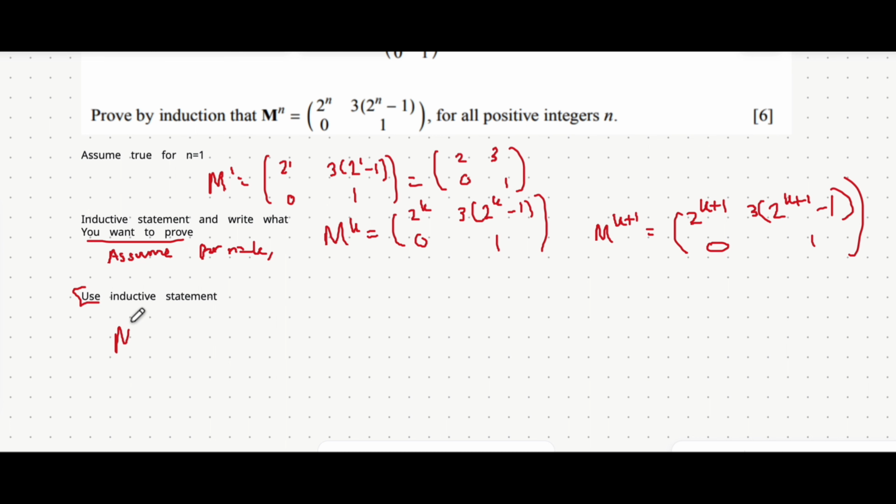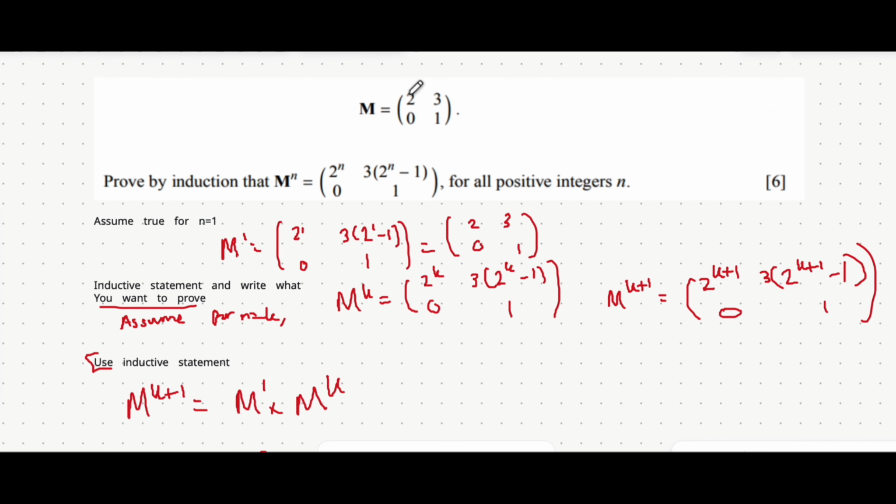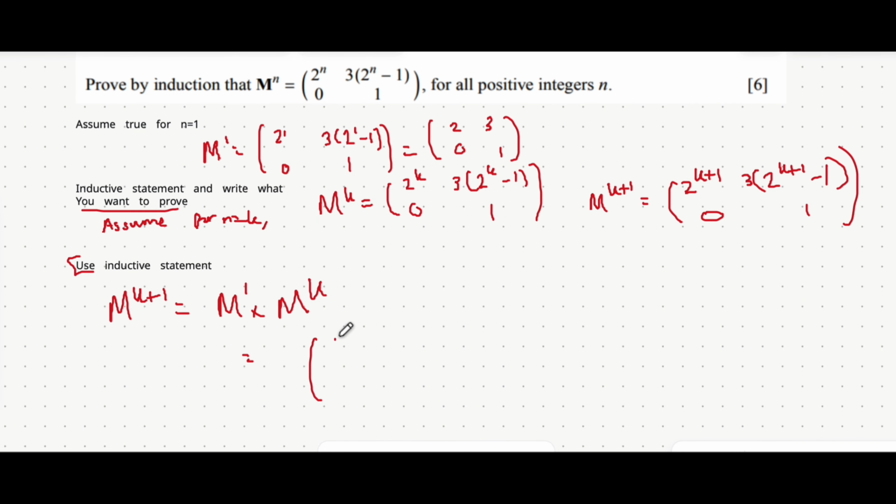First of all, m to the k plus 1, which we want to show, we can split up into m multiplied by m to the power of k. The reason for that is because we know that when multiplying indices, we add the powers together. So 1 plus k gets you to that k plus 1. Also, we're splitting this up so that we can introduce m to the power of k, the inductive statement, into this. So that will be m multiplied by all of this. Actually, I'm just going to replace m with what we're given m is. So 2, 3, 0, 1, and then all multiplied by m to the power of k, which is 2 to the power of k, and then 3 in brackets 2 to the power of k minus 1,